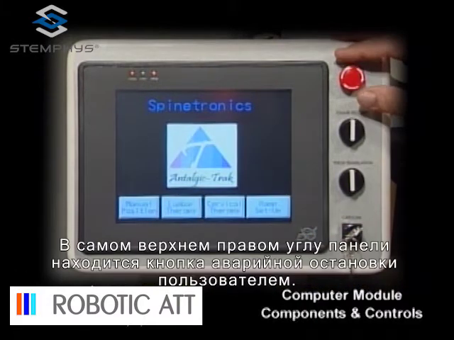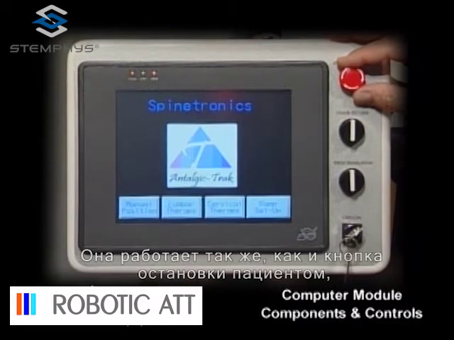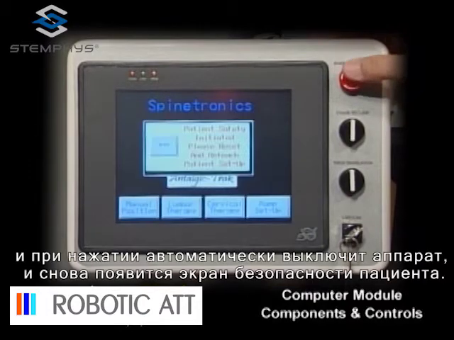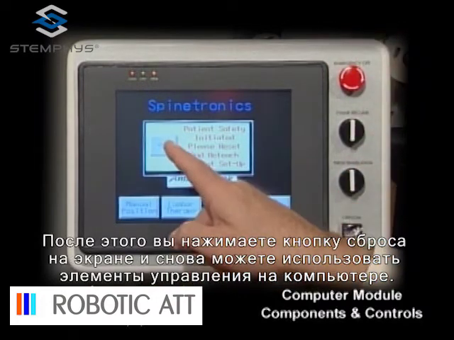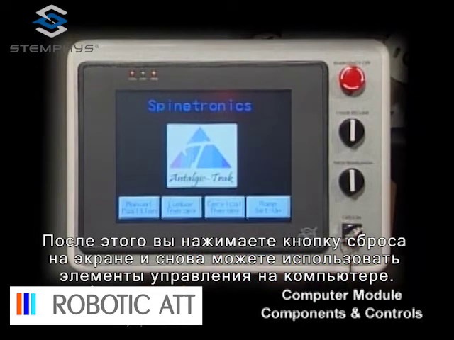At the very top right-hand corner of the machine is an emergency user stop button. It works very much in the same way as the patient stop button, and when pressed, will automatically turn the machine off. And once again, the patient safety screen will appear. To reset this, you must turn the red knob to the right, and it will release and come out to a position that is no longer depressed. At that time, you will touch reset on the screen,